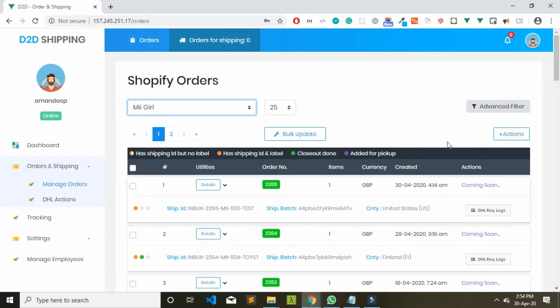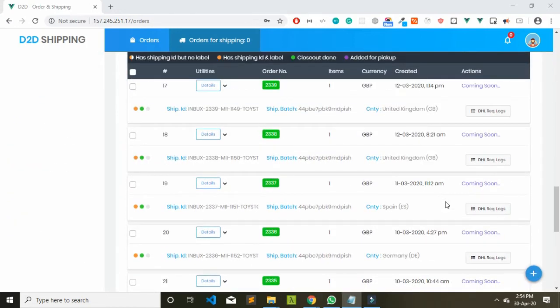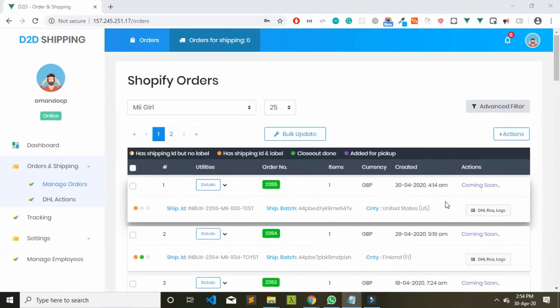So if you come here, you will find the orders of a particular store. Right now I'm getting this order from MI girl, and this order is from today.